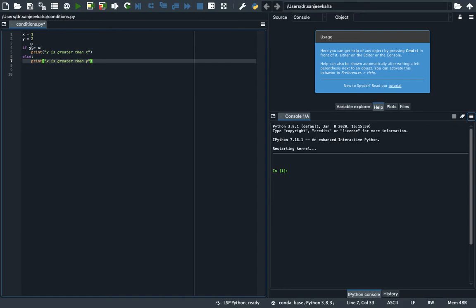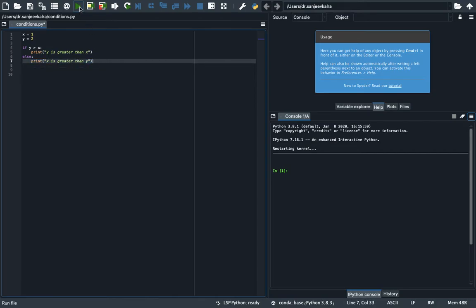X value is 1 and y value is 2, and then we want to know if y is greater or x is greater. So if y is greater than x, we want to print y is greater than x. But else, if the computer thinks that x is greater than y, then it will print x is greater than y.